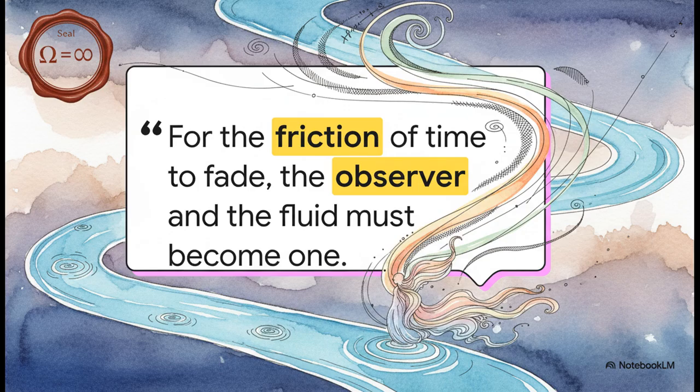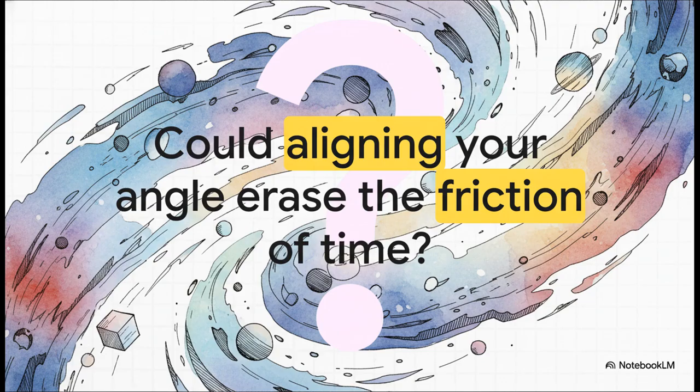The text explains that temporal friction, meaning our very experience of passing time in physical drag, is caused by the gap or the misalignment between our own personal trajectory and the natural mathematical slope of the universe. When you align your trajectory perfectly with the universe, that gap hits zero. And when the gap hits zero, the friction evaporates, resulting in the state of perpetual motion and perfect geometric harmony. So, the crucial takeaway here is that this esoteric physics model isn't just about distant planets in superfluid space, it's actually an allegory for existence itself.